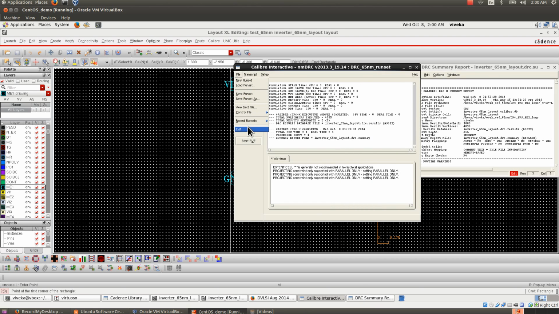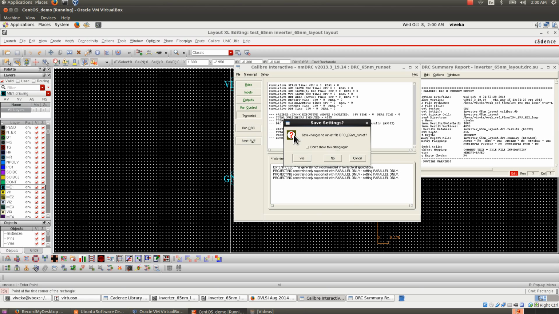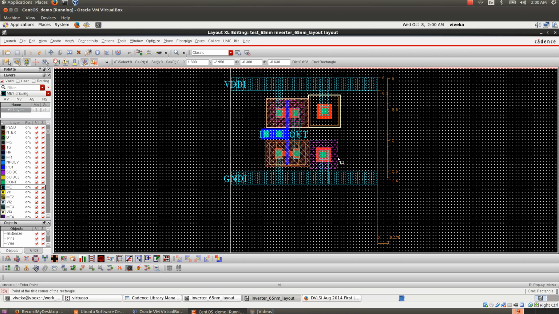So let's exit this. It asks, do you want to save changes to run set? If you make any changes, you can save it. I'm not interested in saving changes, so I'm going to select no. Once DRC is done, we need to ensure that whatever layout we created is actually the same as the schematic that we created. So let me go to the layout editor